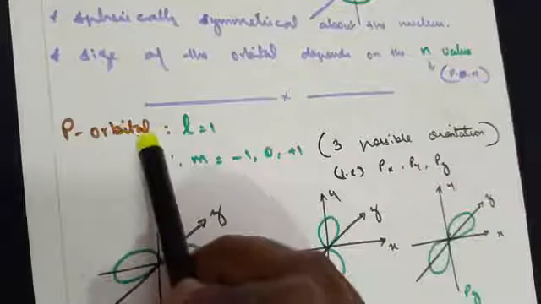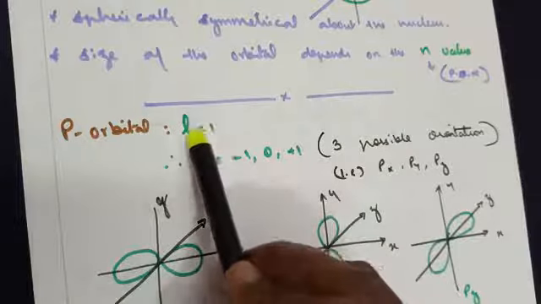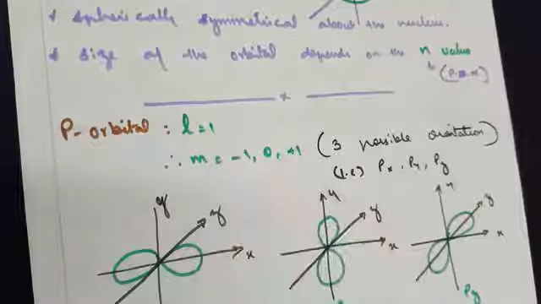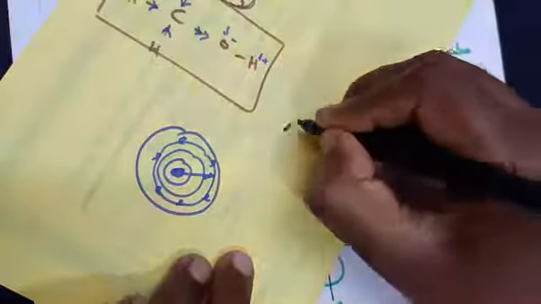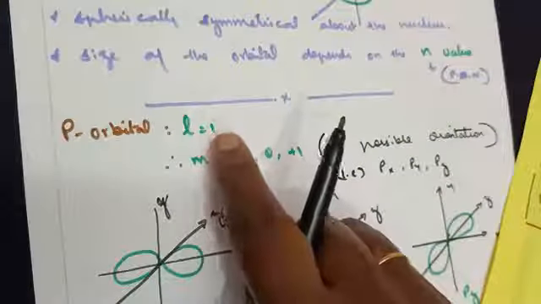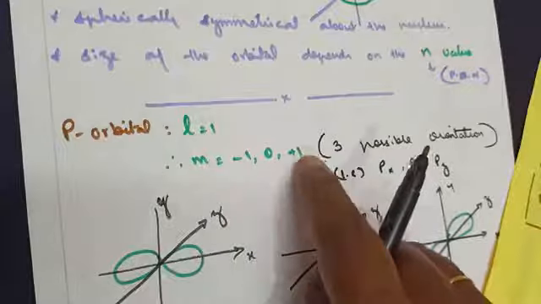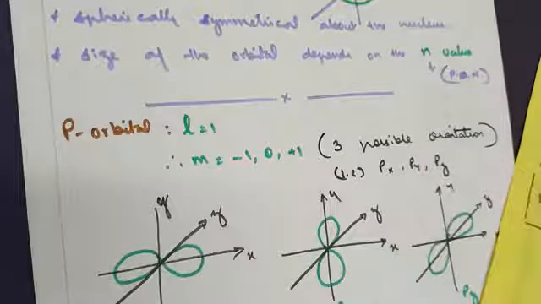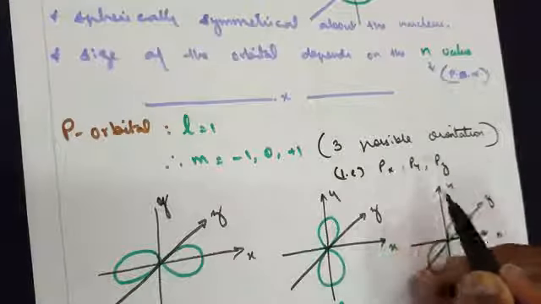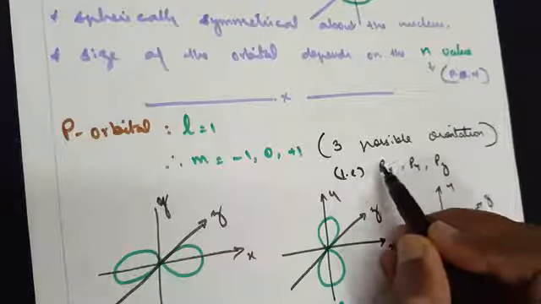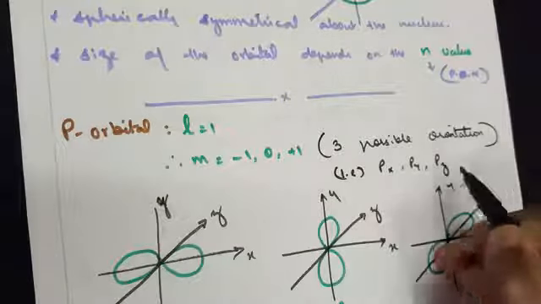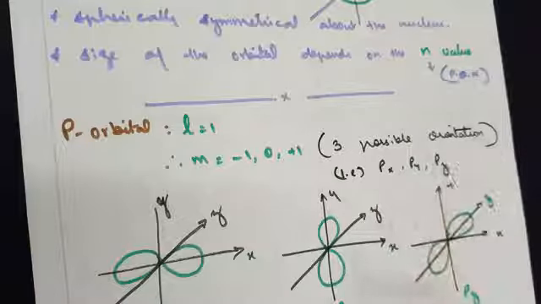When we move on to the p orbital, here again, I have told you that for the p orbital the l value is equal to 1. If l is equal to 1, the magnetic quantum number always goes from minus l to plus l, so you allot minus 1, 0, plus 1. Meaning there are 3 possible orientations. That's what I kept repeating as an example: px, py, pz. The electron is found along the x-axis in a px orbital, along the y-axis in a py orbital, and along the z-axis in a pz orbital.